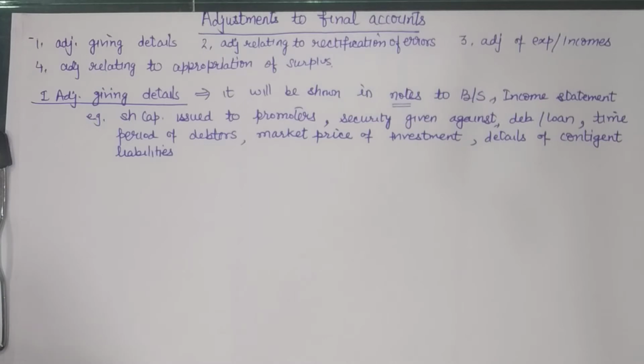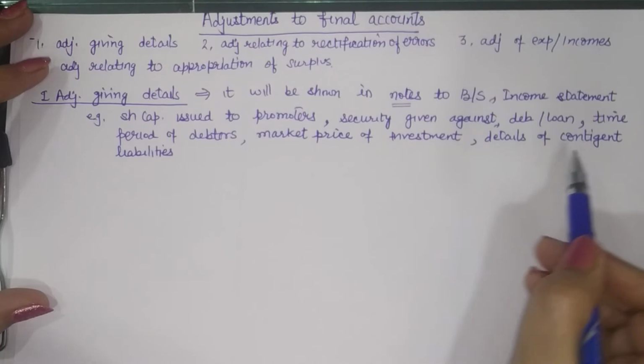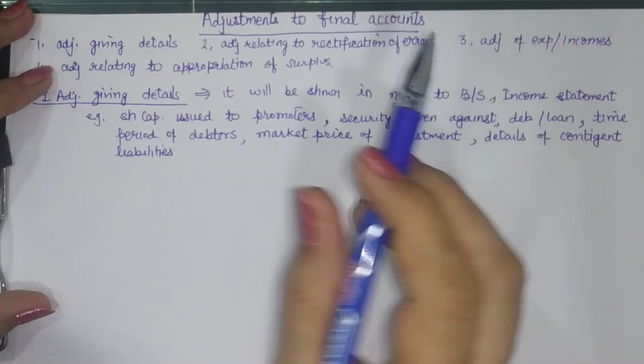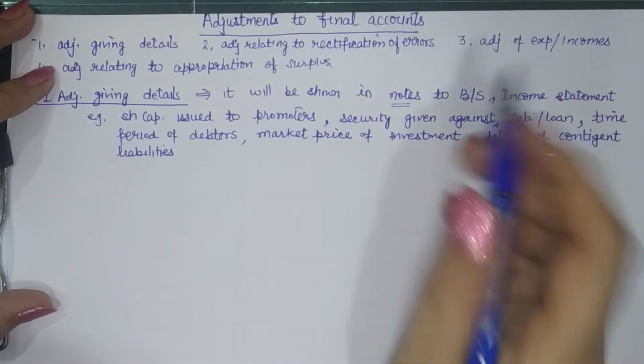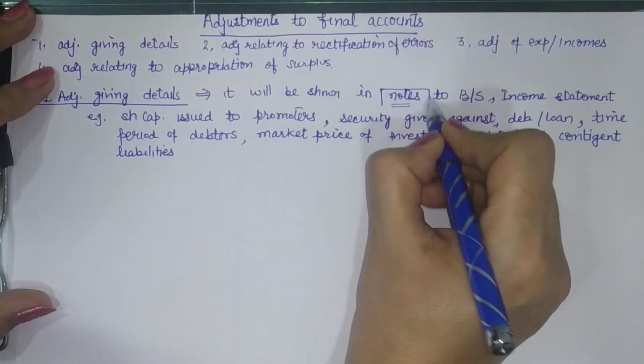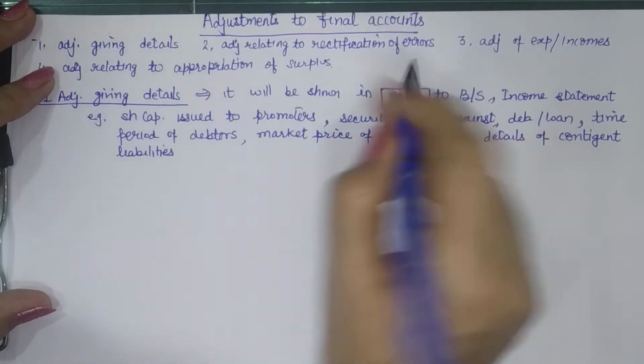If the company is having any, say, case pending, there might be some liability which may occur as a result of that case. So again, that detail will be given through the notes. So remember, if any detail is given, it does not require any entry, but it will be reported to the users of the statements through the notes.